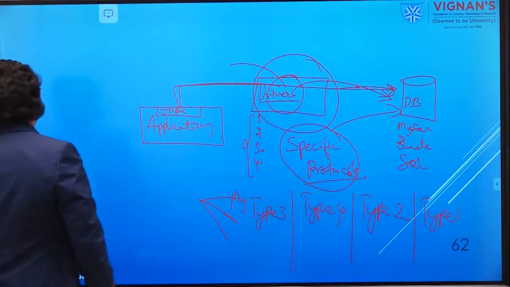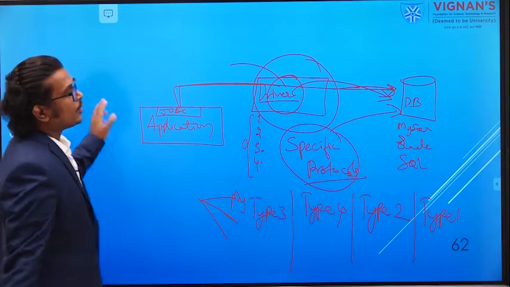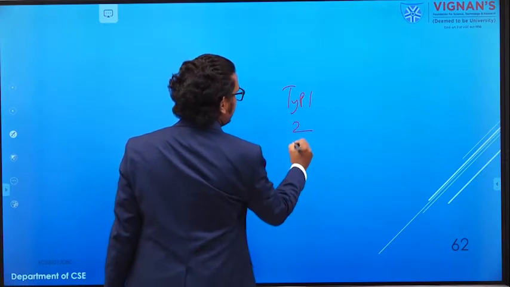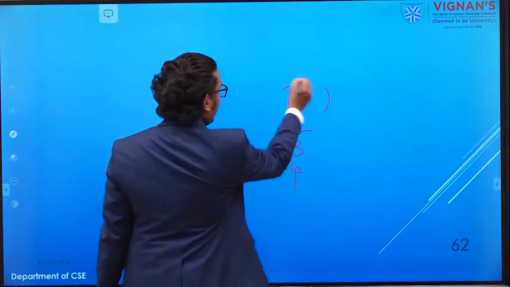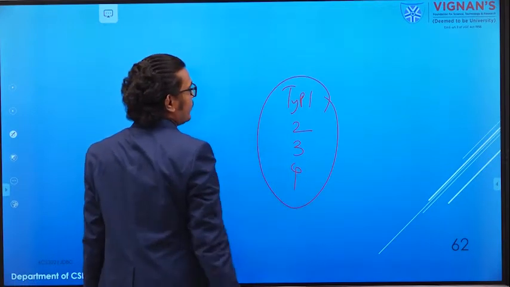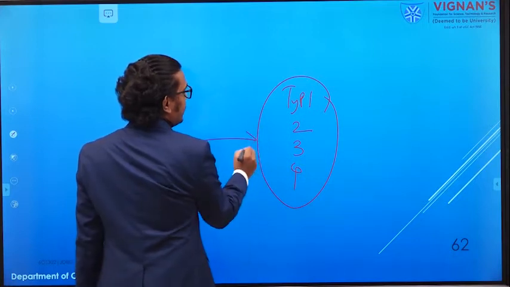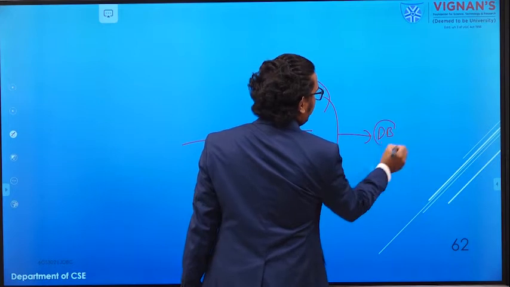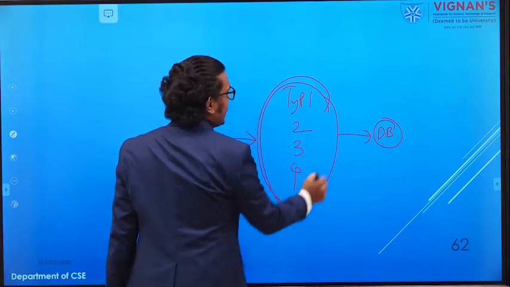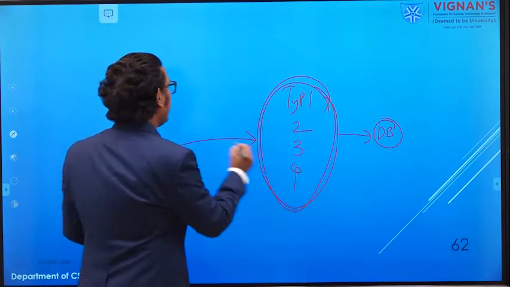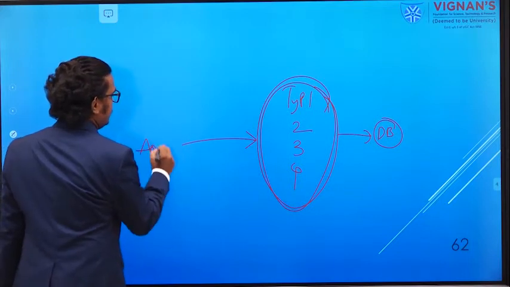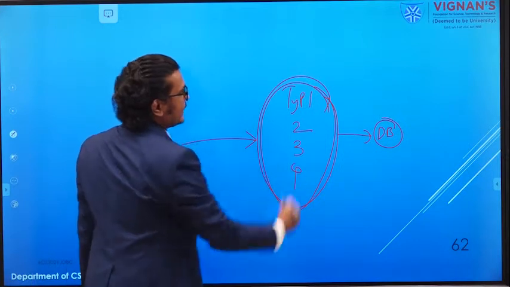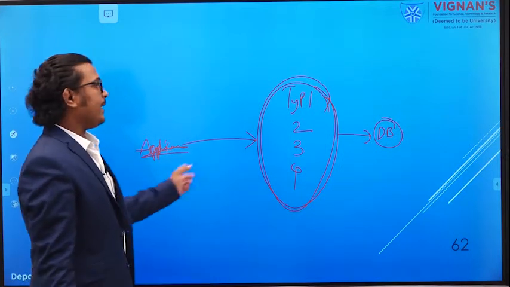This is what we talked about in the previous session. Now whatever the driver may be, type 1, type 2, type 3 or type 4, with the help of this particular driver we are communicating to the database. This driver will act as a bridge between your Java application and the database.